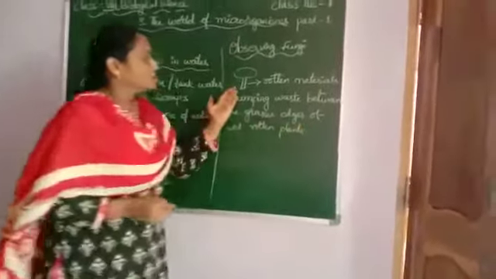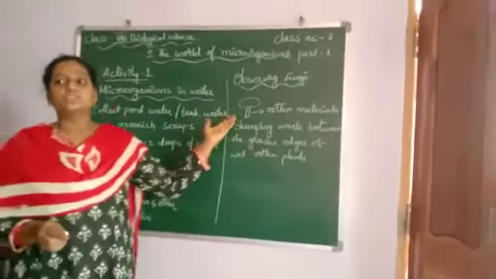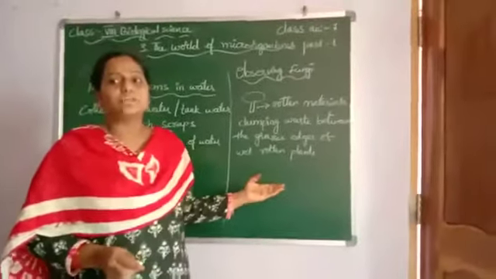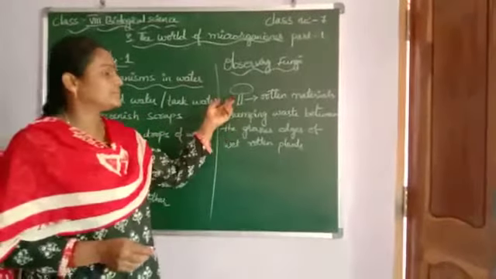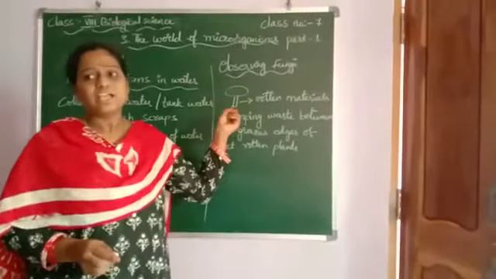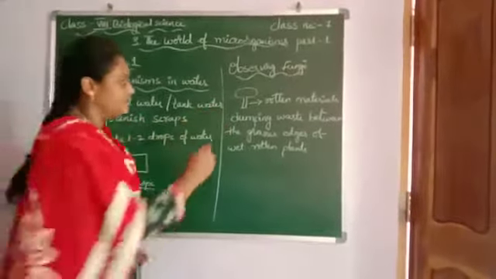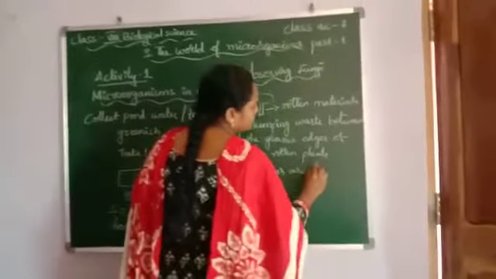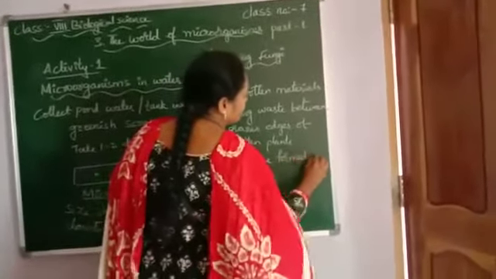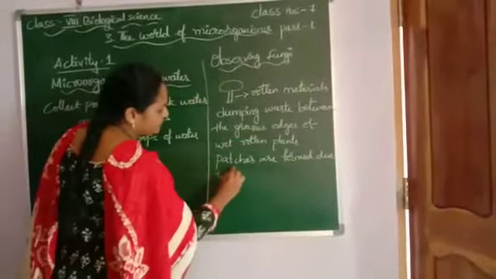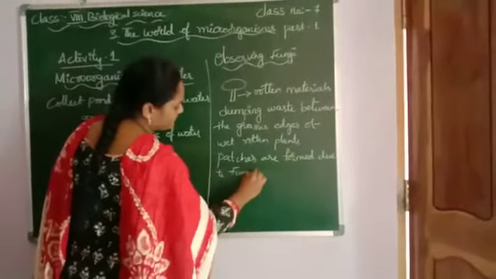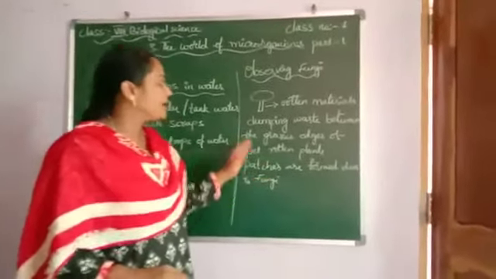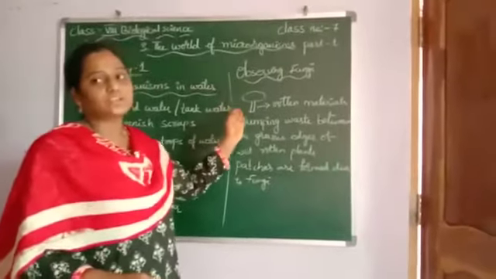So we can see umbrella-like structures like this. Some patches will also be present on trees. On these patches or barks of the trees also we can observe these figures, and these patches are formed due to fungi. Let us observe these fungi more closely in the rainy season, in your surroundings also.